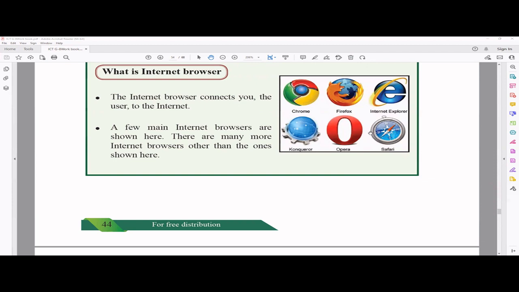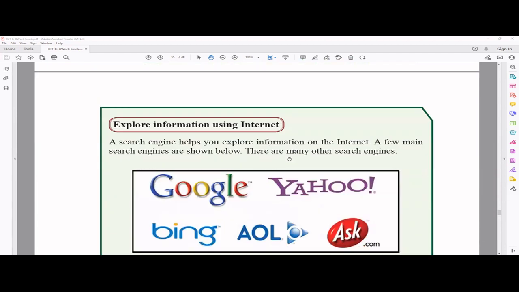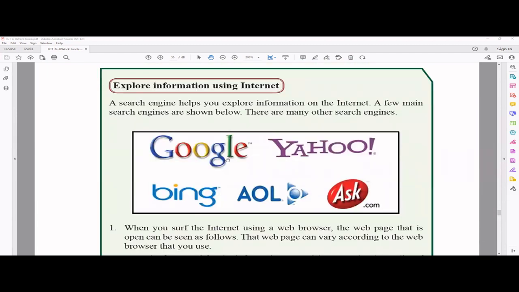The most popular one I'm using is Google Chrome. It depends on your requirement. And this is about the search engine, which I have already told you. A search engine is different from a web browser. First of all, you should have a web browser, and from the web browser, you can use a search engine. A search engine is basically to explore information on the internet because we cannot remember all the URLs of websites. If you know the website URL, you can directly type it on the address bar